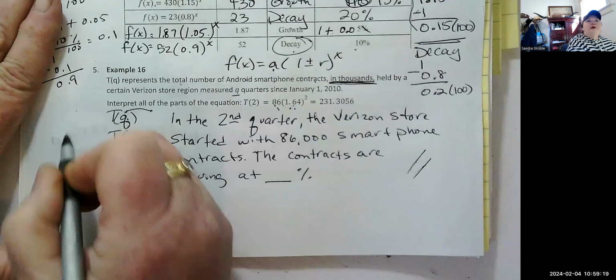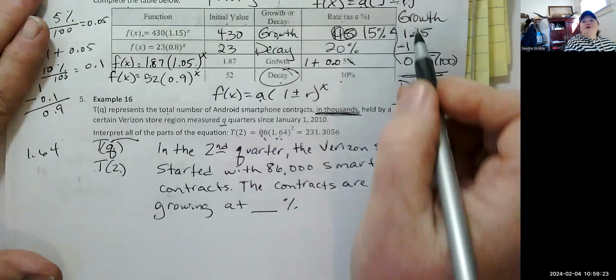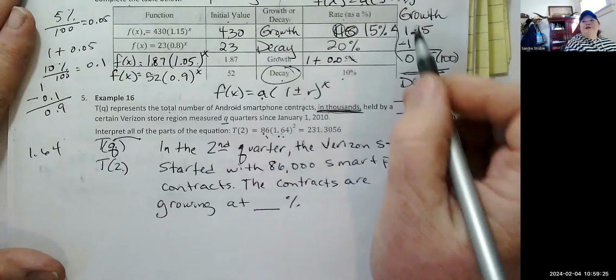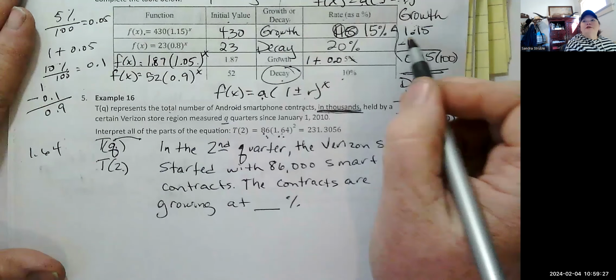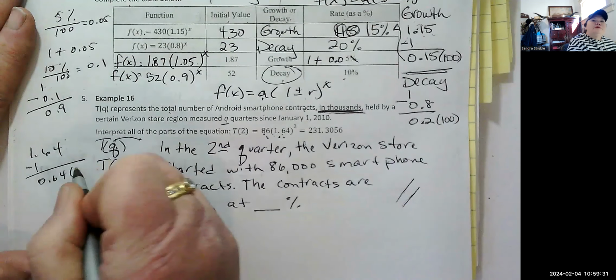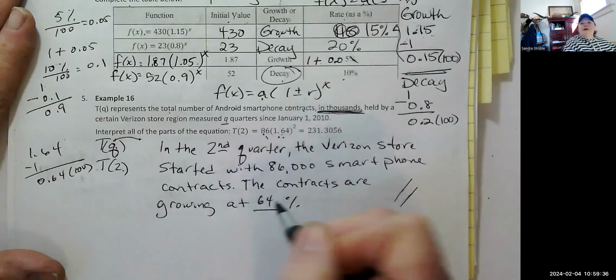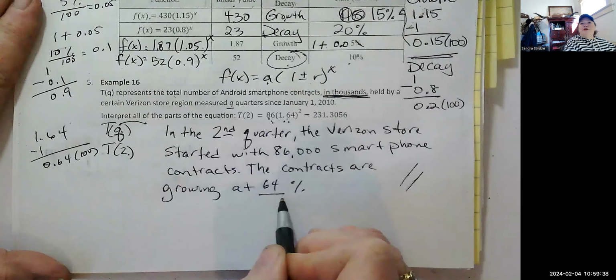How can we figure that out? We've got 1.64 inside there, so we know it's growth. To find out what that percentage is, I'm going to take that 1.64 and subtract 1. And I get 0.64 that I need to multiply by 100 to get my percent, which is 64%. Contracts are growing at 64%